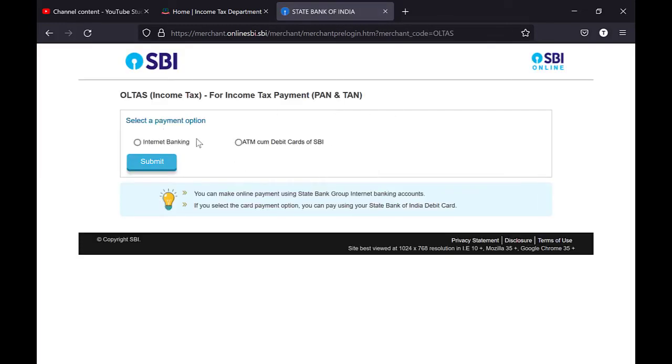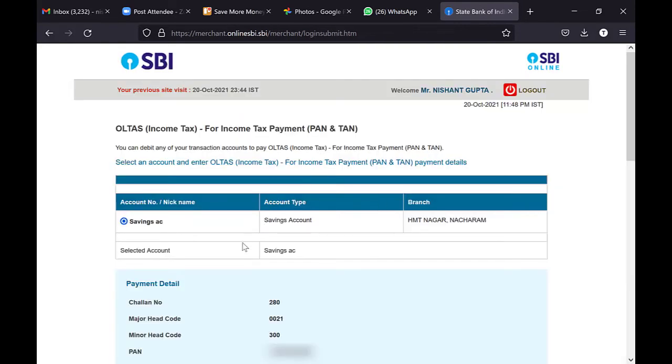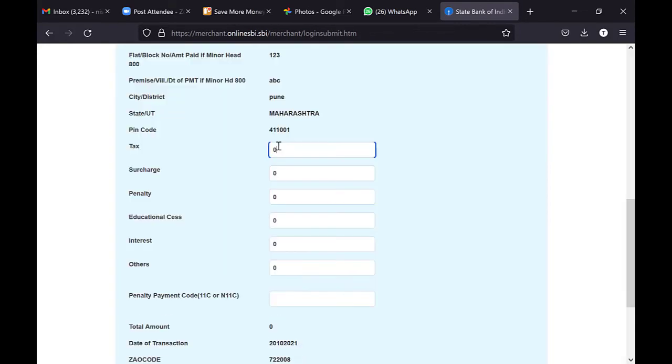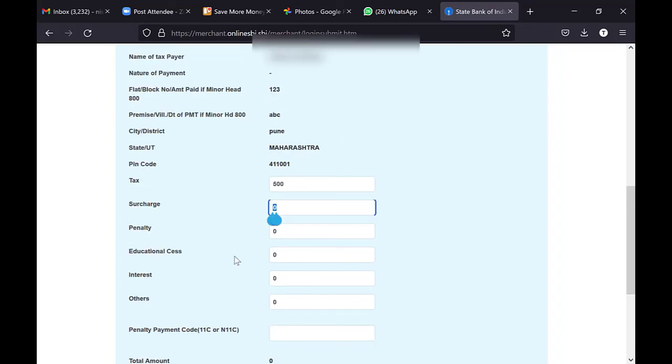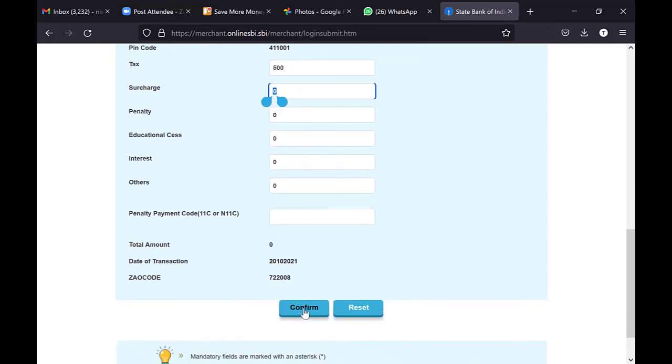You'll be redirected to the SBI payment gateway. Click on internet banking. You can also use ATM if you want to. Fill in your details here. Check all the other details, fill in the tax value. So for example, if my self-assessment tax comes to 500, all the other things will remain blank, and then I click on the confirm button.